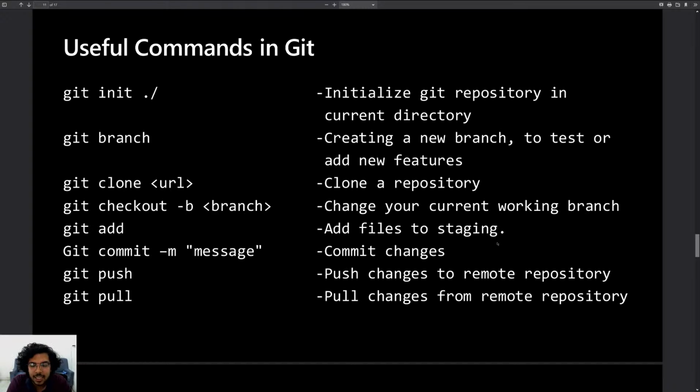In that case, you can manually add files, and this allows us to exclude some of the files which we do not want to keep track of. Like if I have a file listing all the users and their passwords, I would not want that file to be uploaded to the internet, right? So I can add all of the source code files.